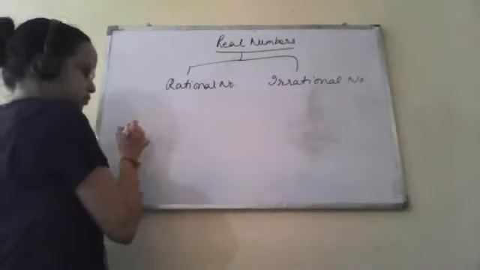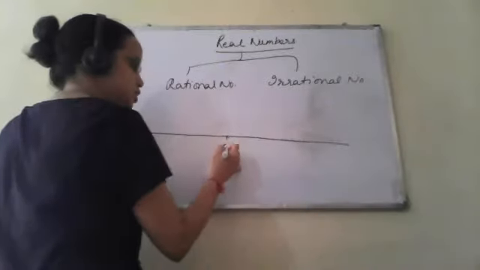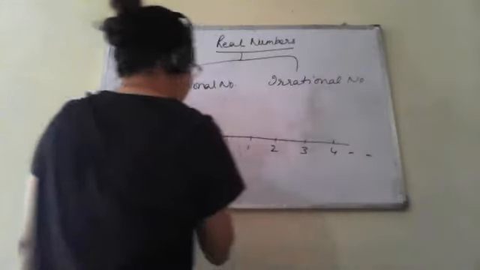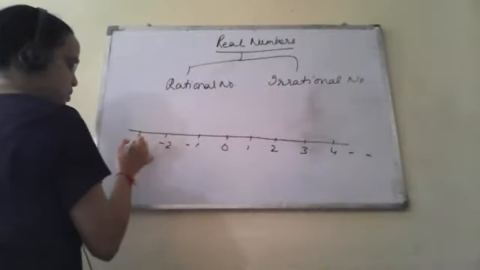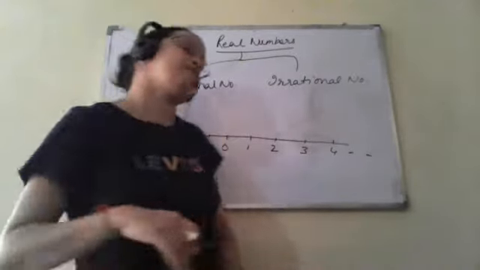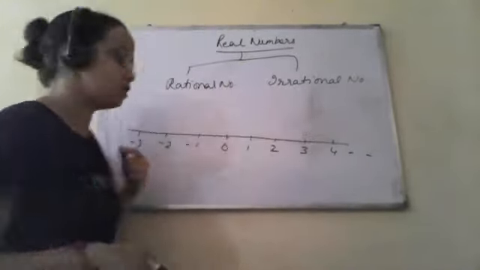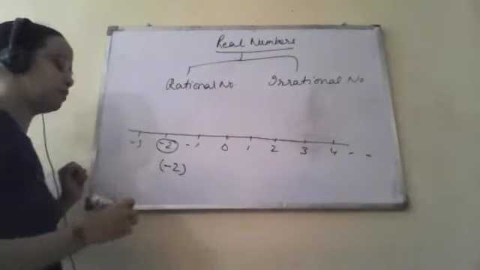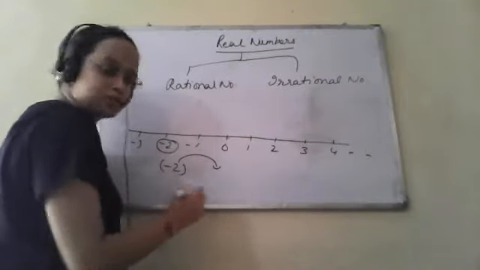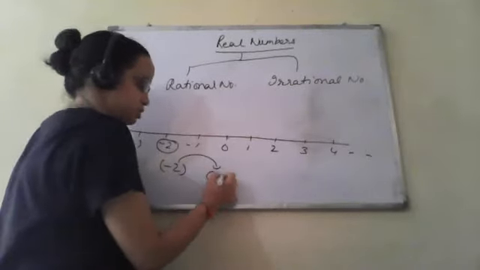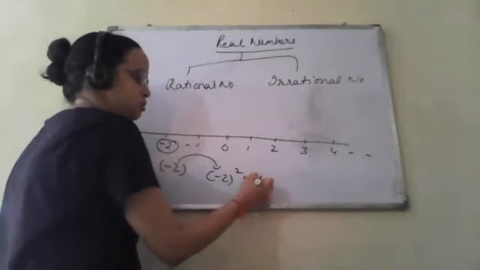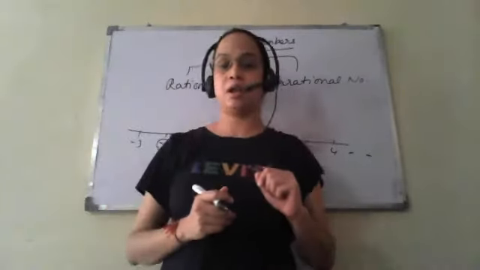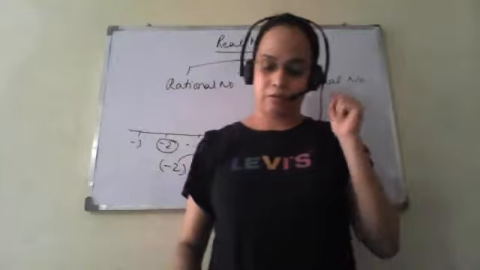Now we see on the number line there is 0, the positive values, and -1, -2, as I have explained earlier. Whenever we choose a particular number, suppose we are taking -2, in order for this to be a real number, its square should be a positive integer. When we calculate the square of -2, it will be 4, and 4 is a positive integer. So a real number is one whose square is non-negative.